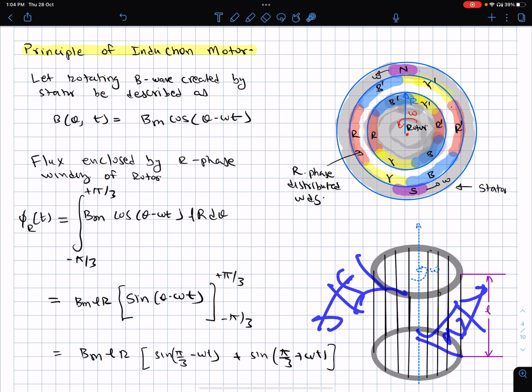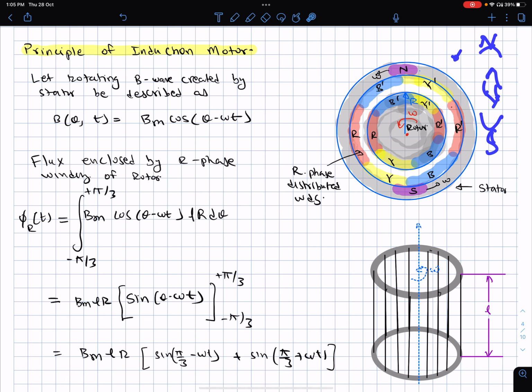Just like if you have, for the sake of simplicity, an iron filing or a compass needle somewhere, and you have a north and a south magnet sitting here, and if you rotate this magnet, then these needles will automatically try to catch up with it, align with it, and start spinning. Something similar is going to happen here. So you have a rotating MMF wave or effectively a rotating magnet, which is created out of the three-phase stator windings, and that's really the beauty of it.